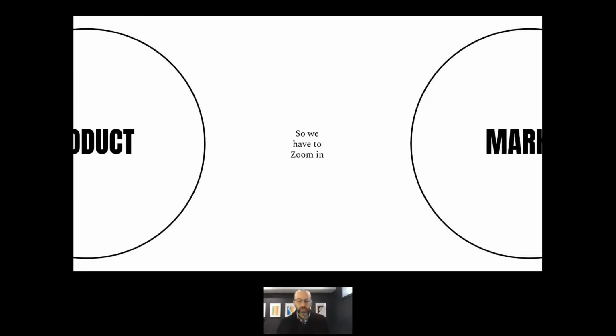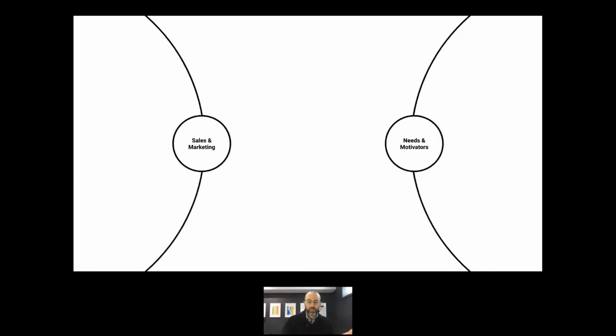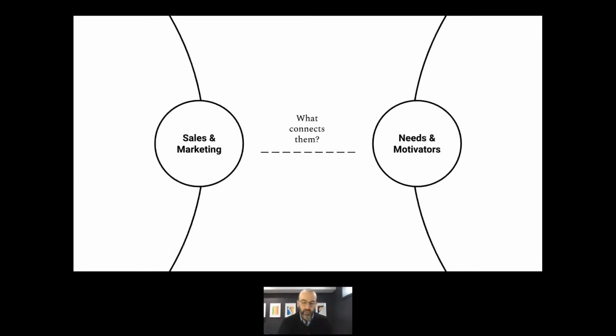So let's zoom in a little bit. If we acknowledge that right now we're working with a brand or a product, and the product and the market are not quite aligned yet, how can we figure out ways to bring those closer together? As you zoom in on product market fit, a couple of things emerge. One is the front-facing discipline of the product is the sales and marketing team. This is why we call it marketing. It is understanding what the market is and being that conduit from the product to the market. That's why we got that name. I think a lot of people forget that.